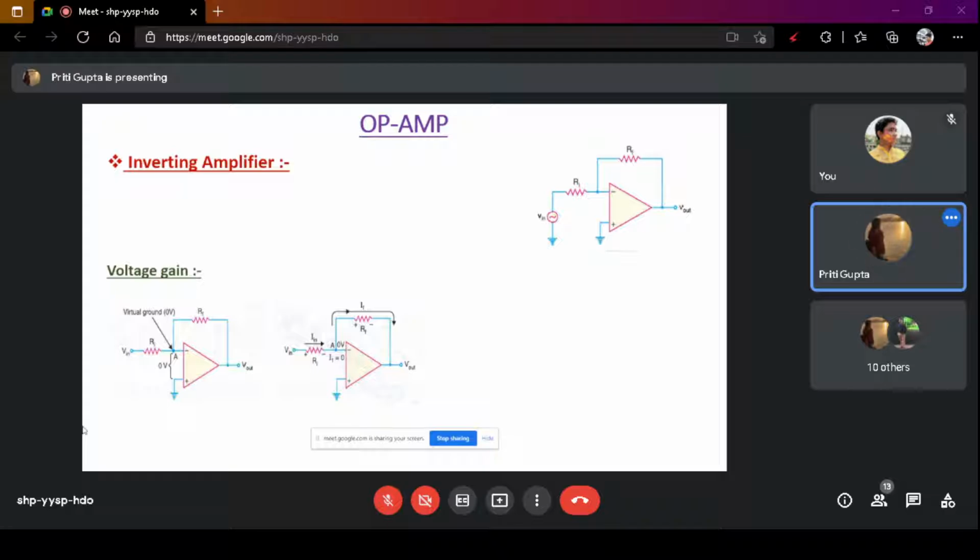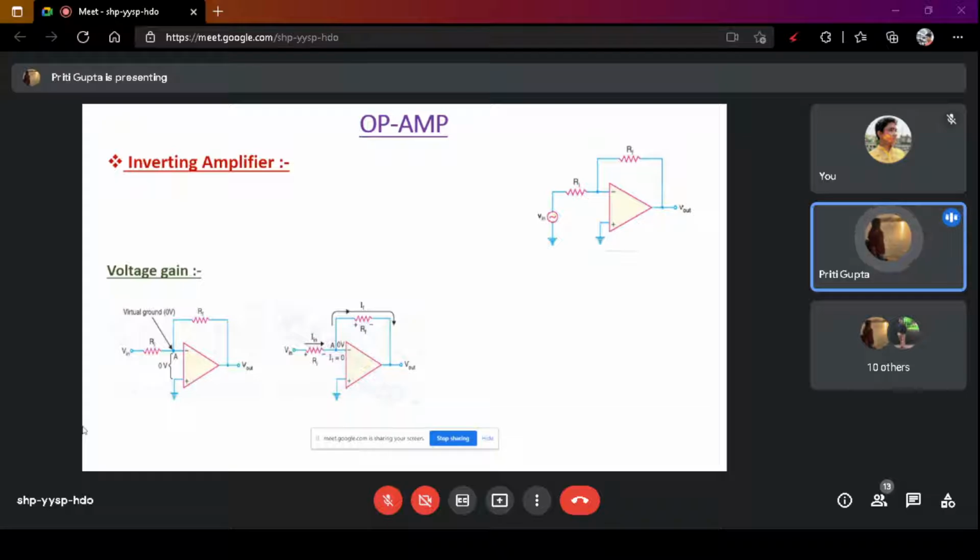Please repeat, ma'am, the last part. I'll repeat again. Number one, we all know that the input impedance or input resistance of the op-amp is very high, ideally infinity, practically very high. So due to that, it will draw very little input current, ideally zero, but practically very little. If we consider the ideal case, the current is zero. If the current is zero, obviously the voltage at node A will be zero, right? V equals IR; if current is not there, voltage will be zero.